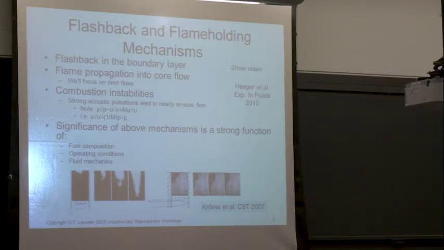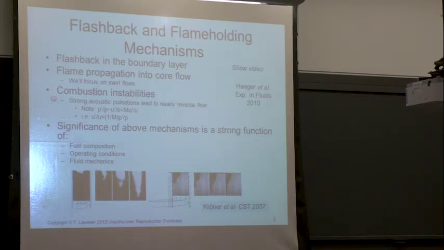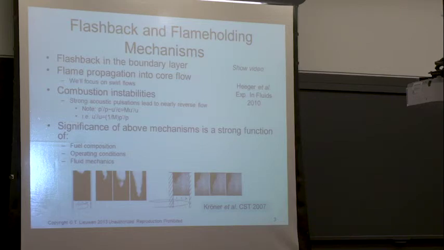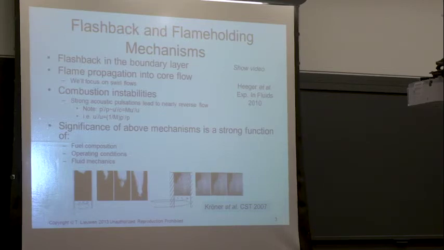And then finally, you can have combustion instabilities. I'm just going to mention this for completeness, but I'm not going to dig into it. But the idea is if you have really large amplitude pulsations, so let's suppose that your average flow speed is 50 meters per second. Well, it's going to be really hard for a flame to propagate upstream into a 50 meter per second flow. But suppose the flow is oscillating such that instantaneously it's oscillating between 25 and 75